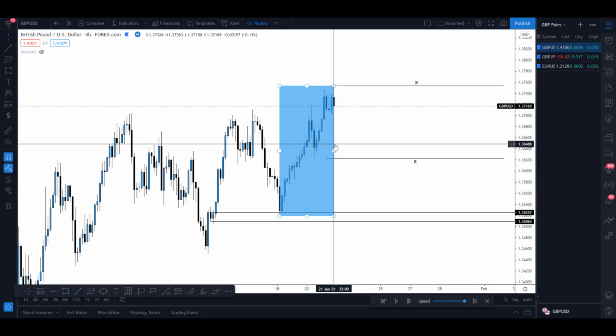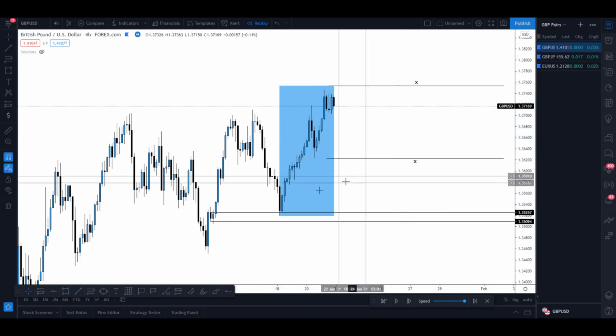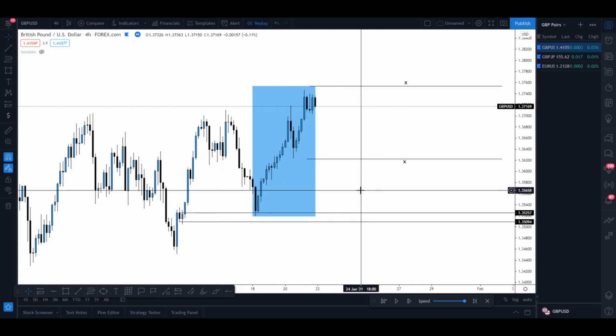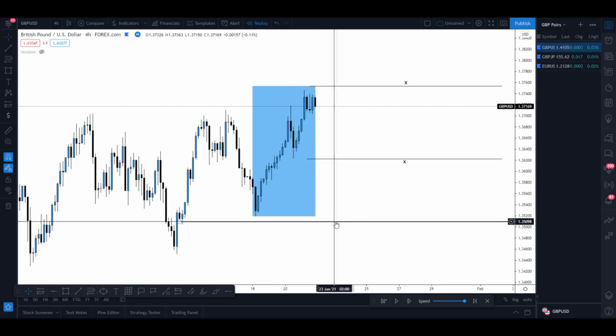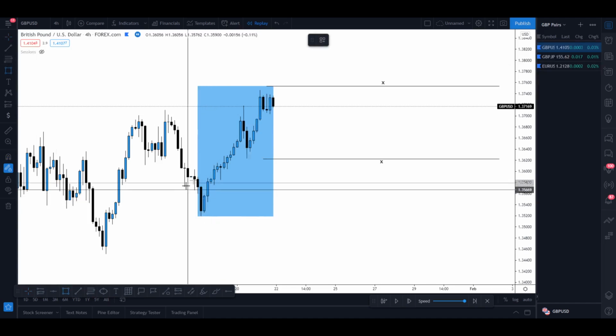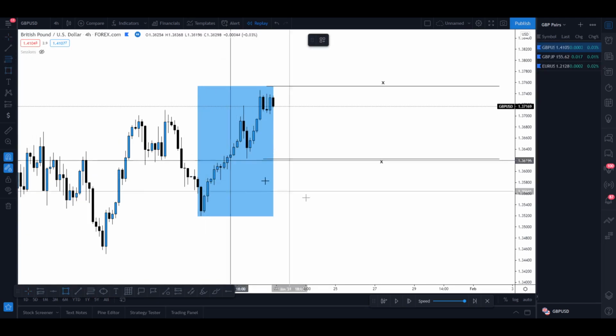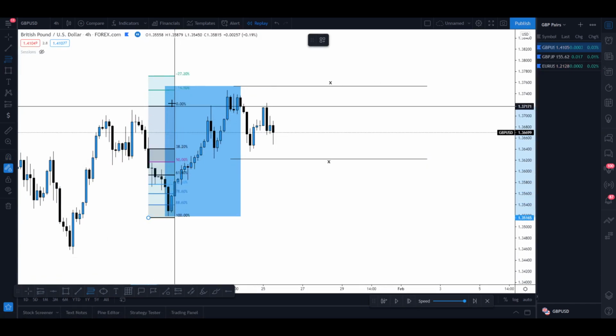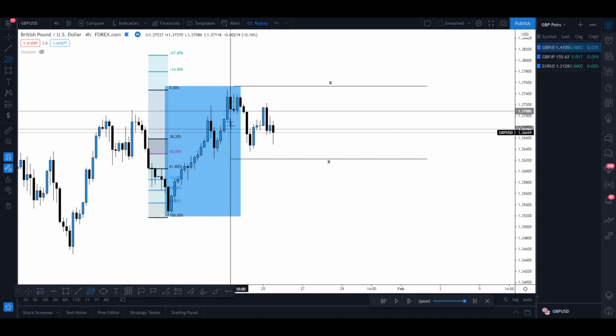Price creates this new expansion, and right now, like I said, whenever price creates a new expansion, what we're going to do is we want to focus on the beginning of that expansion. In this case, the beginning of that expansion is going to be right over here. This is where the expansion started. So I'm going to take my Fibonacci and I'm going to find out where the expansion began and where it finished. So the expansion began right over here and it finished right over here